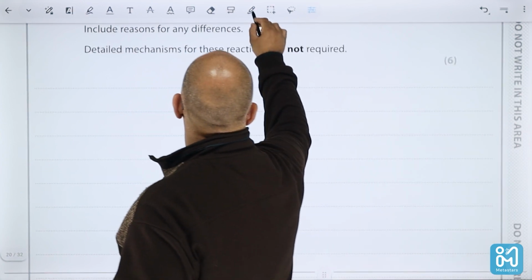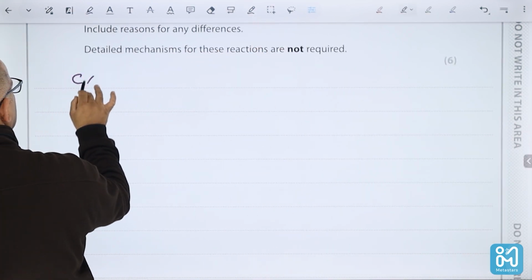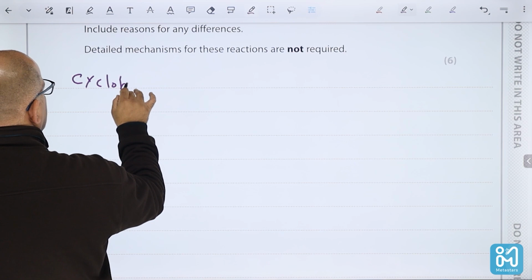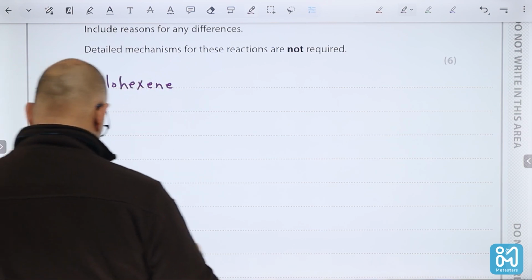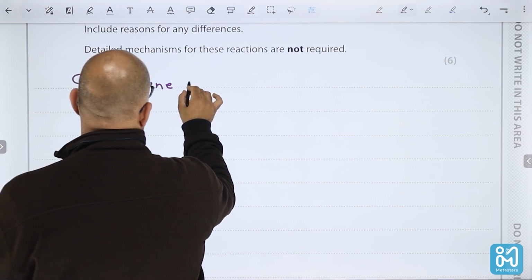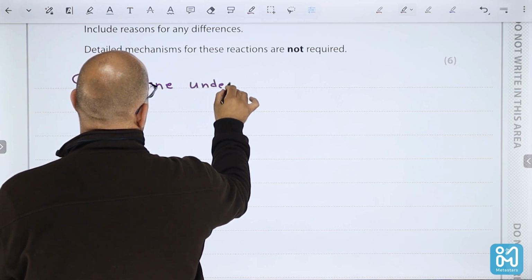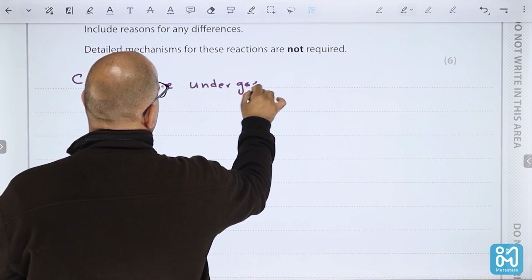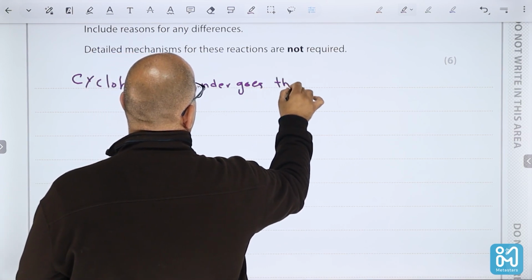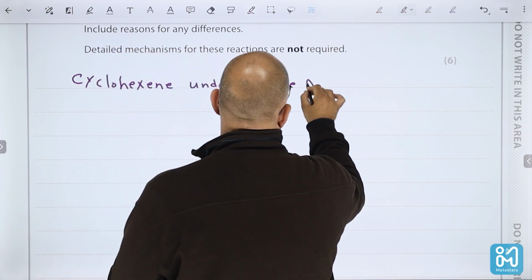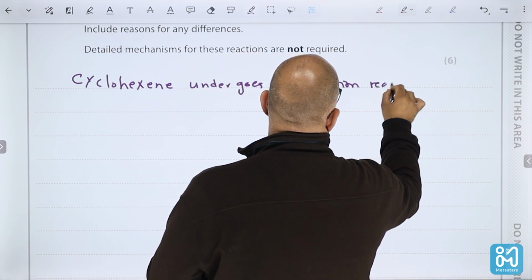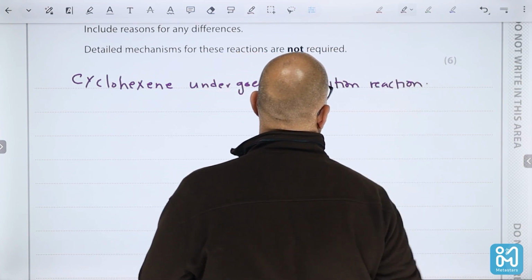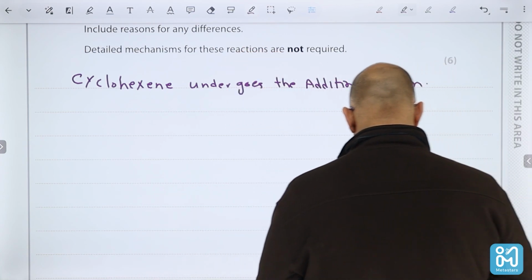Cyclohexene undergoes the addition reaction, since we have a carbon-carbon double bond,